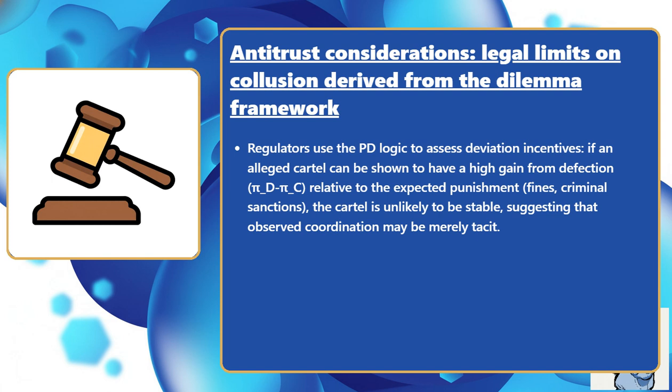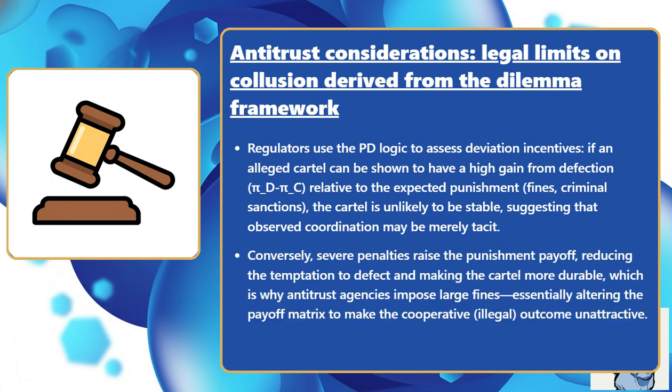If an alleged cartel can be shown to have a high gain from defection, π_d − π_c, relative to the expected punishment, fines and criminal sanctions, the cartel is unlikely to be stable, suggesting that observed coordination may be merely tacit. Conversely, severe penalties raise the punishment payoff, reducing the temptation to defect and making the cartel more durable, which is why antitrust agencies impose large fines, essentially altering the payoff matrix to make the cooperative, illegal